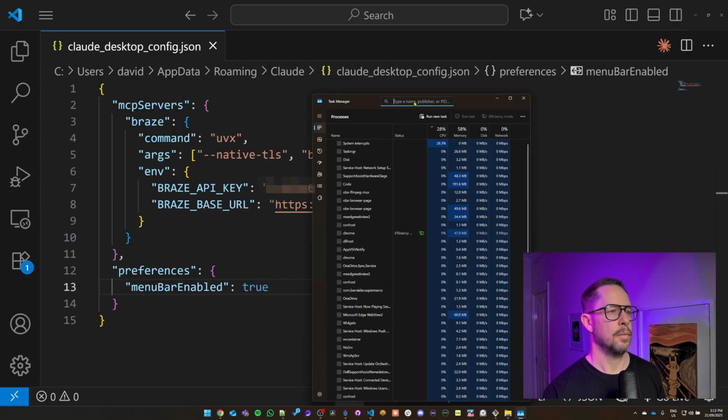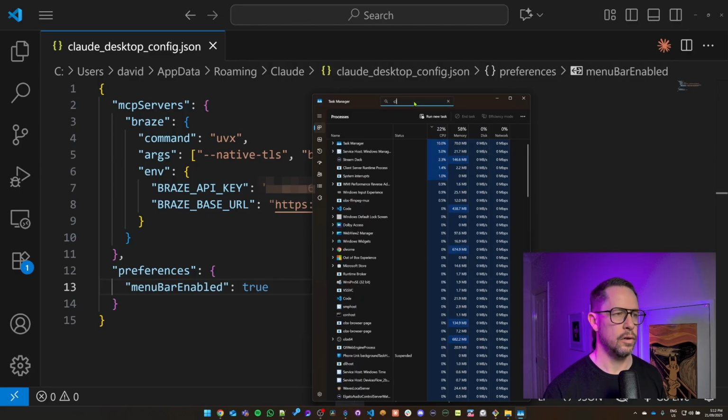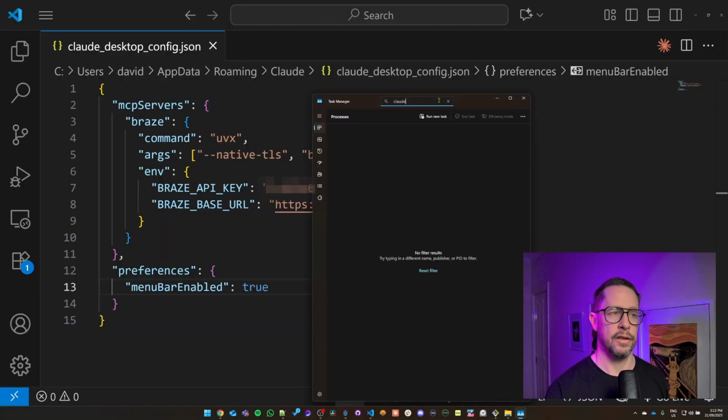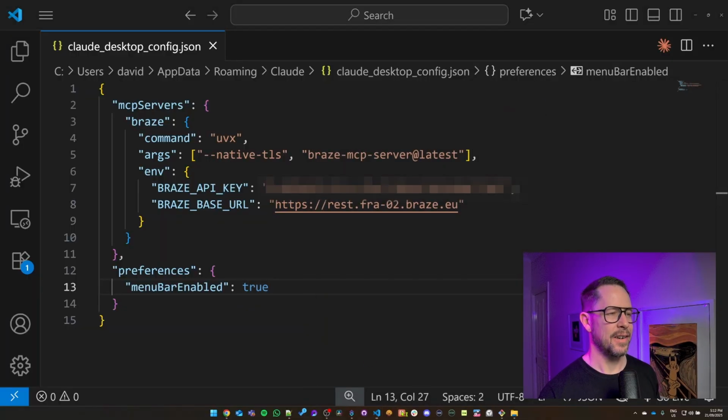And if you go at the very top here and you type in Claude or whatever one you're running, I think it says there's no Claude running, so that's even better. Of course, because I'm recording. That doesn't appear. If it was there, I would click on it and do end task. So that's great. And now if I go and restart Claude,